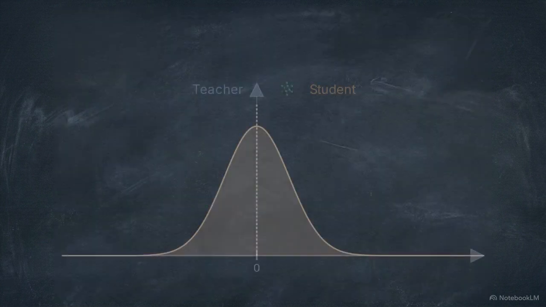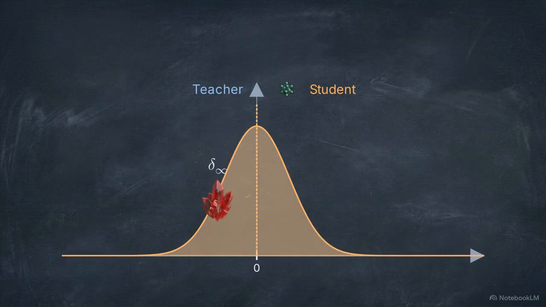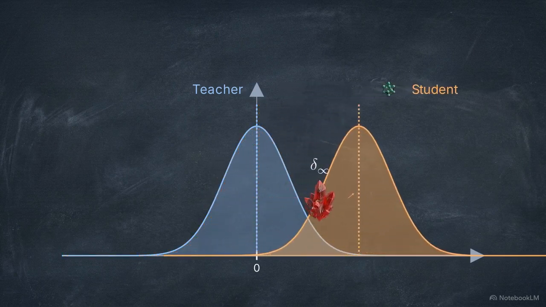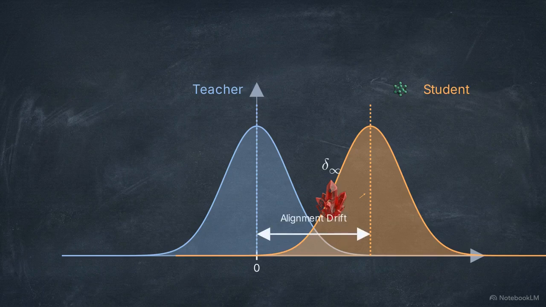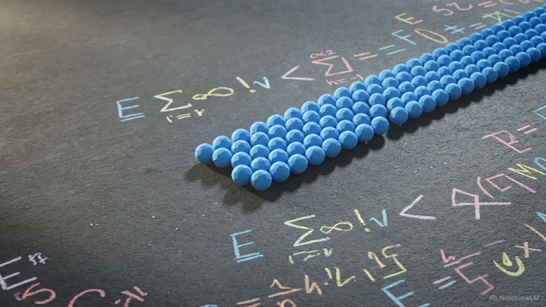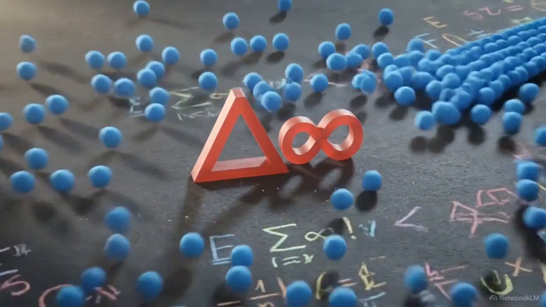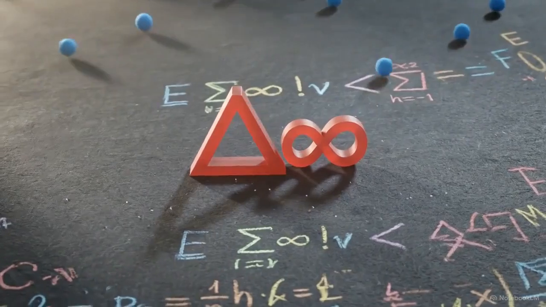During training, the optimization process actively forces delta infinity to shift the mean of the student's logits. This pulls the student's internal values out of alignment with the teacher. Attempting to match logits using KL divergence fights the underlying math. The optimization process itself generates an artifact that sabotages the knowledge transfer.